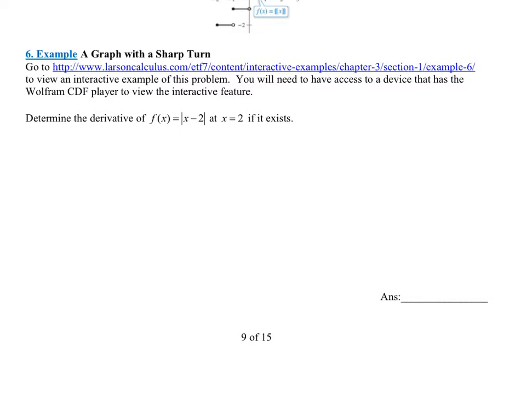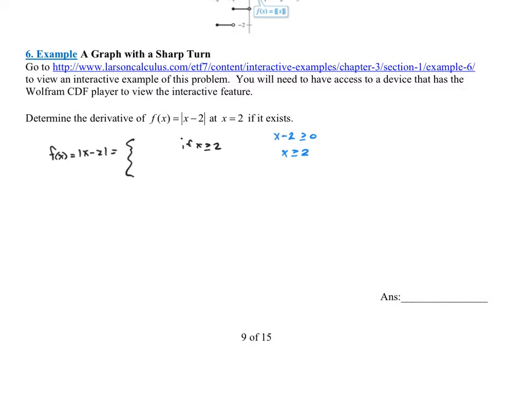We need to be comfortable with handling the absolute value of x minus 2. Remember that the absolute value of x minus 2 is really a piecewise defined function. You have f of x equals the absolute value of x minus 2, but this is really two different functions. Anytime the inside, x minus 2, is greater than or equal to 0, let me solve that real quick, adding 2 to both sides, anytime that x is greater than or equal to 2,